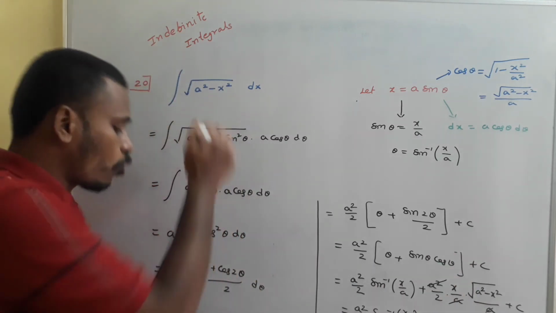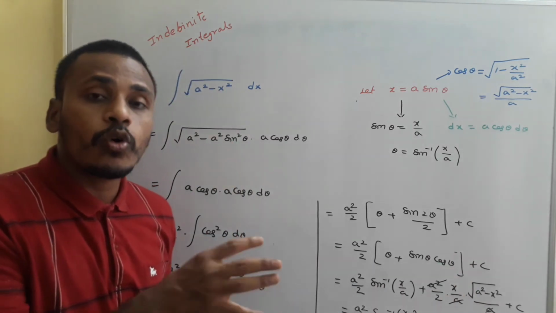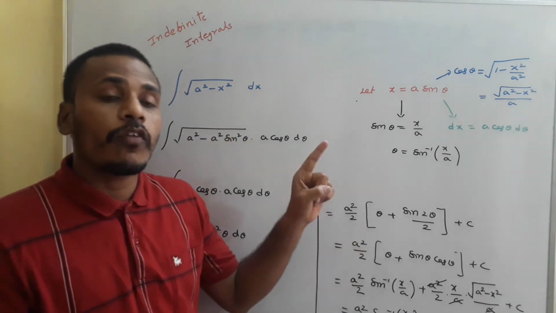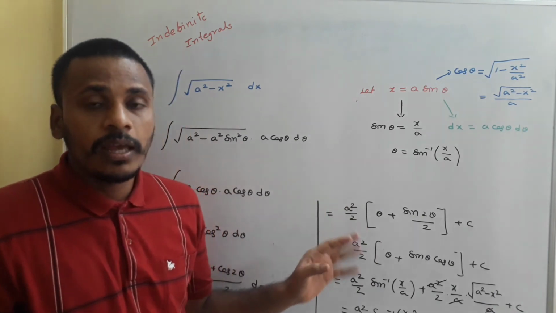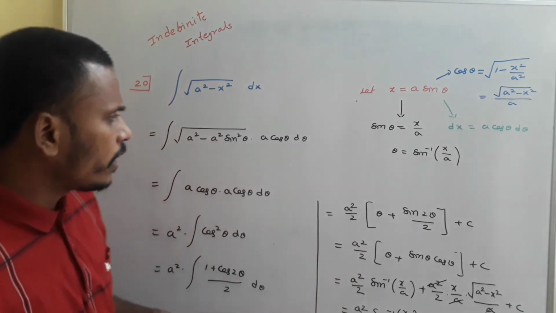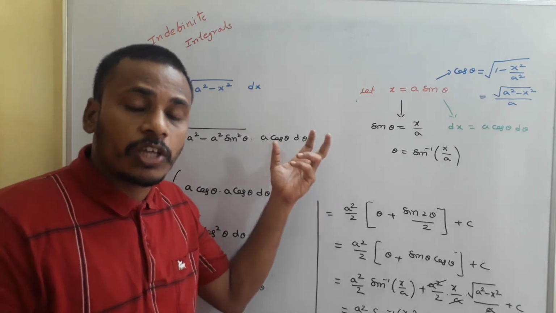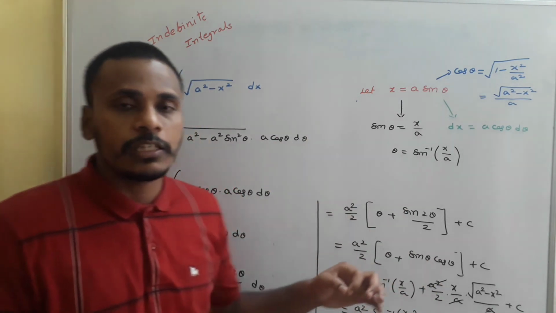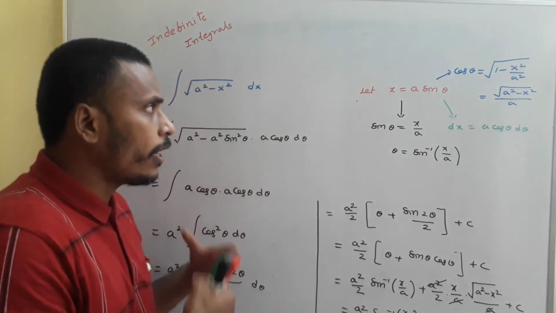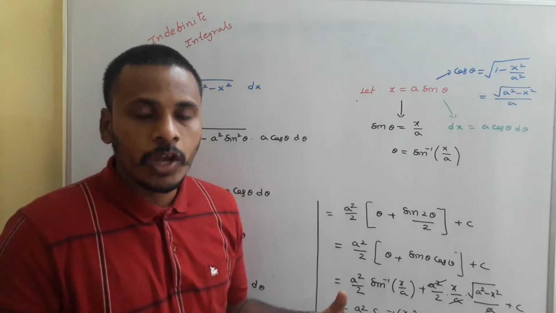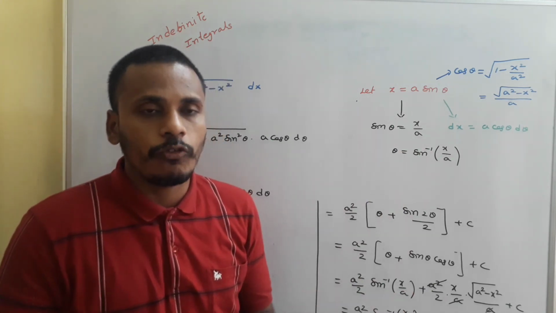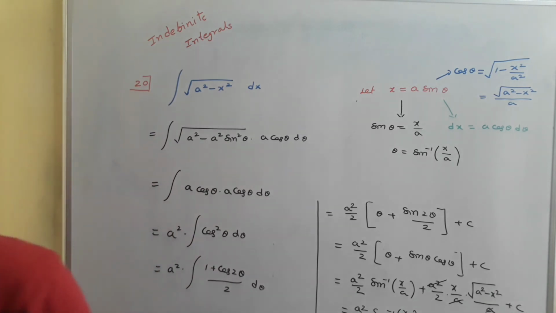Along with this integral of root a square minus x square, we also have integrals for root of a square plus x square as well as root of x square minus a square. There is a chance to find those integrals also using this substitution method, and we have one more technique, and that's integration by parts. The next point I am going to handle is integration by parts. After that I will list all these formulas, and after that we are going to solve different problems. First of all, have a look, note this.